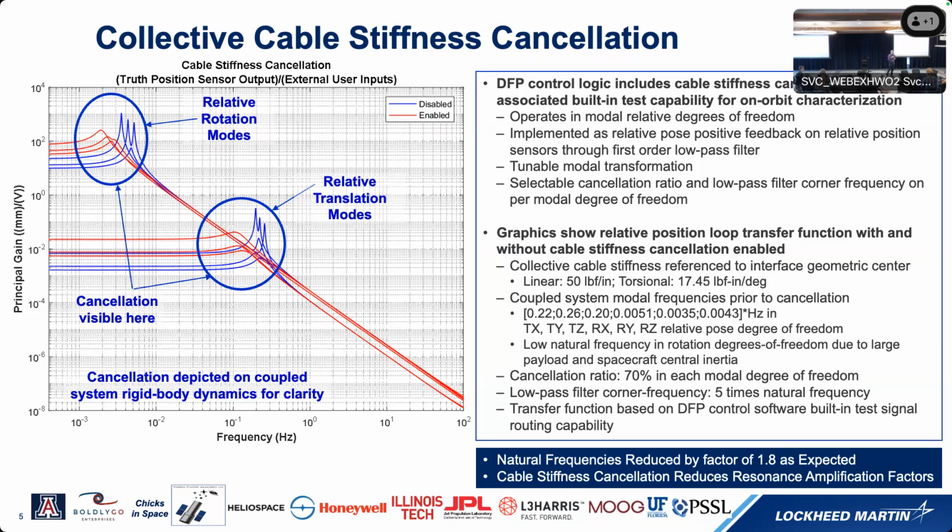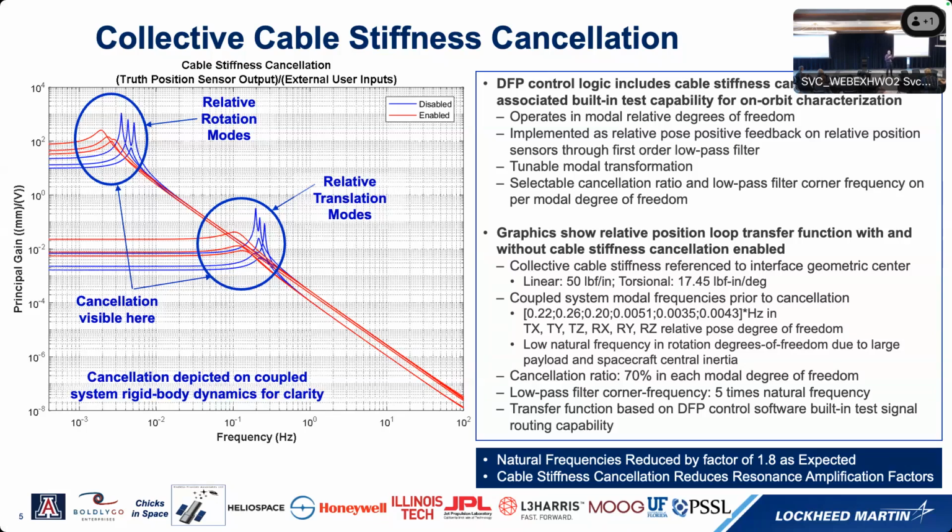So I'm presenting here a case where for EAC1, it's envisioned that potentially we may need to pass up to 17 kilowatt of power across that interface. That's a lot of power. And so we did some preliminary sizing on what the power cable across that interface might need to be, to get a sense that's factored into our analysis for the transmissibility of the vibrations between the spacecraft and the payload. So this shows here the actual frequencies that we are achieving,